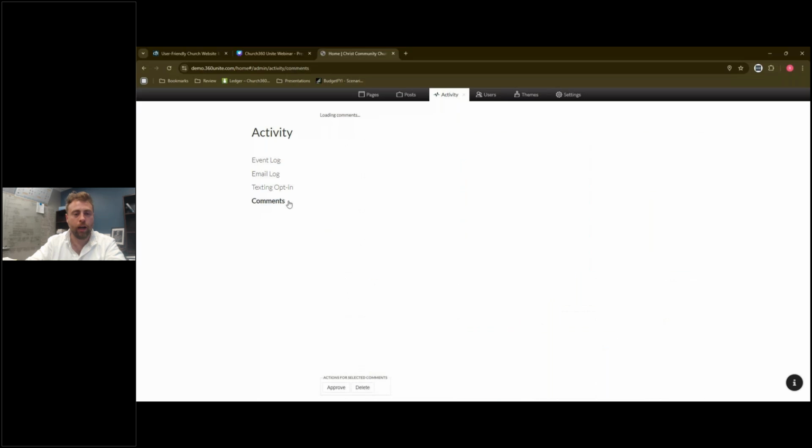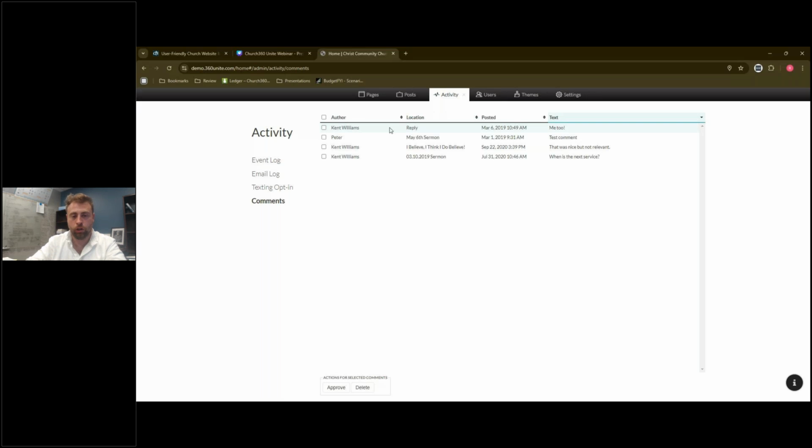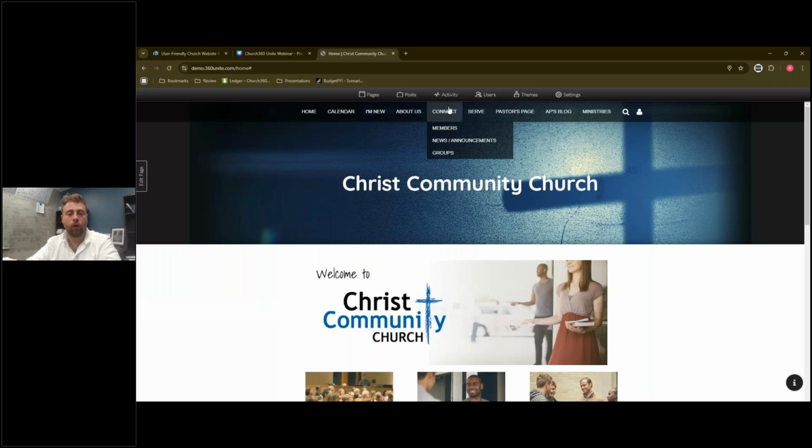And then also here I can check on the comments that are going on within discussion boards within the software. So we have a couple here where people are messaging. Again, this is a test account, so this isn't often used, but I think this shows you that you can see what's going on. One of the things that's really unique, and let me jump out of here to show you what's really neat about